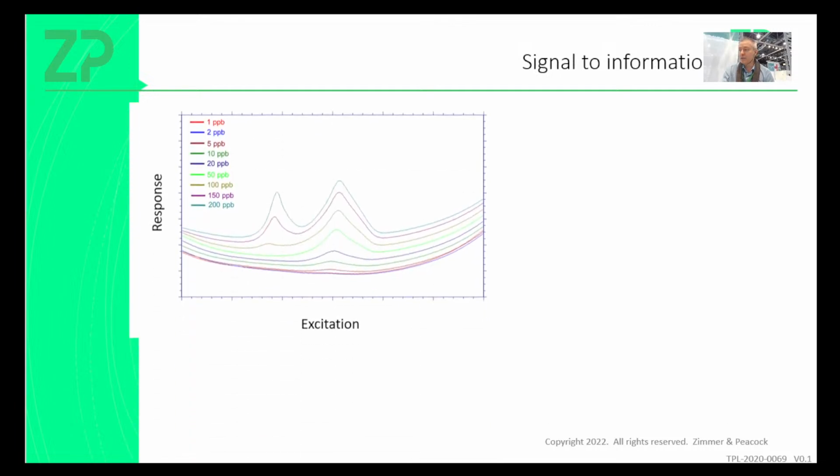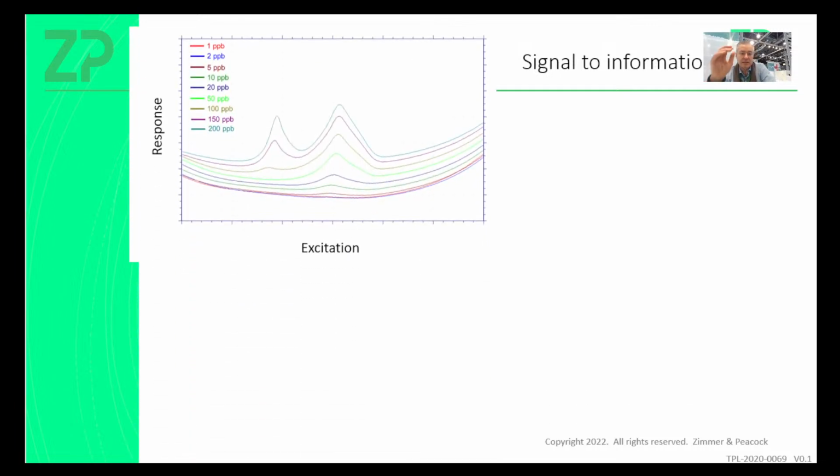So that information is this, because Julie really gets the data in this form. So we basically get a raw signal, versus here I have concentration, so we have 1 ppb, 2 parts per billion, 10 parts per billion, up to 200 parts per billion. Really interesting, actually, because what we're talking about here is 2 orders of magnitude. So it shows you really the sort of linear scale that we can achieve in the detection of lead. So if the lead's at 1 ppb, then we can detect it, and if the lead is at 200 ppb, you've got a serious problem, but we can actually still quantify it.